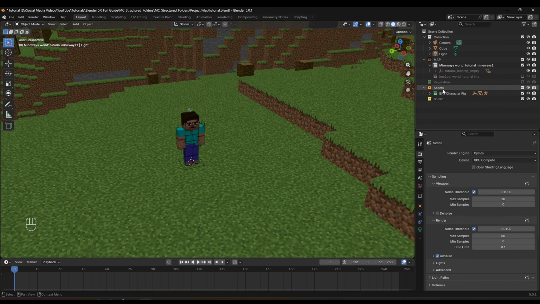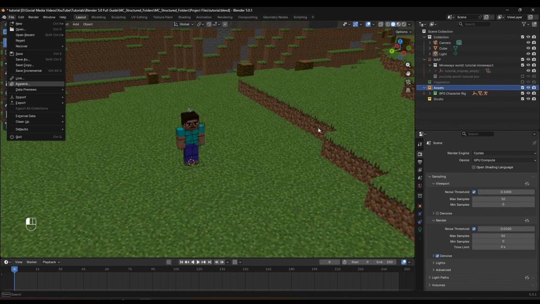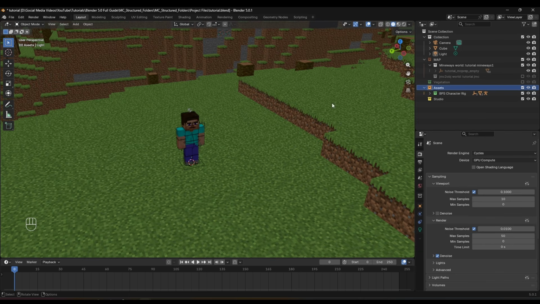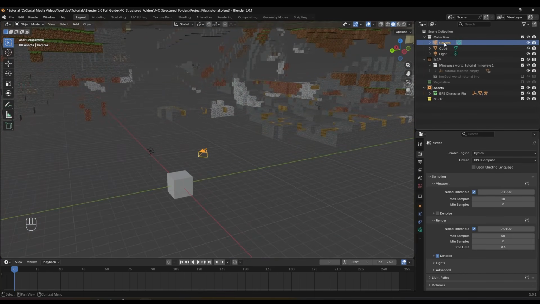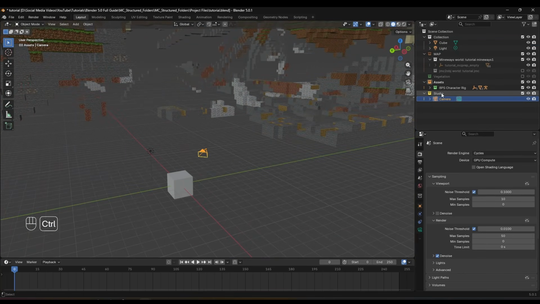And if I import a sword or any other assets, I'm going to first select assets and then click on File, Append, and then drag and drop them like so. Now what I want to do is take the camera like this. Camera is right here in the world origin. So I'm going to take the camera and I can either drag and drop this inside Studio from here, or